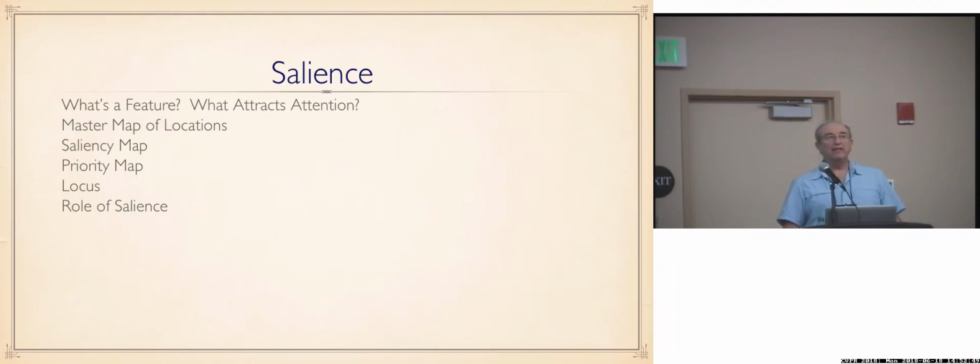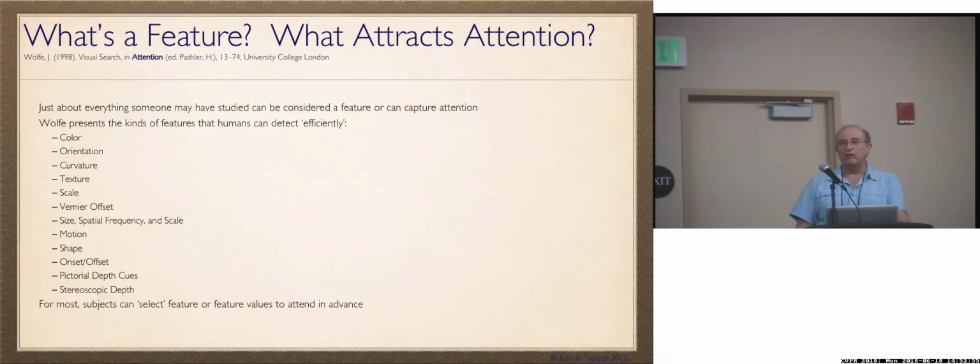Let me move to something else that one sees quite often in computer vision, and that's salience. So the first thing you want to know about in salience is what's a feature and what attracts. The point is, what attracts? Are there any kinds of features that are better than others for attracting attention? Jeremy Wolfe has